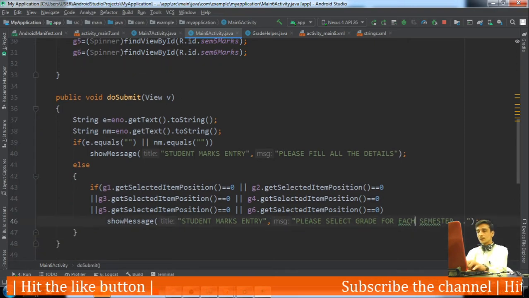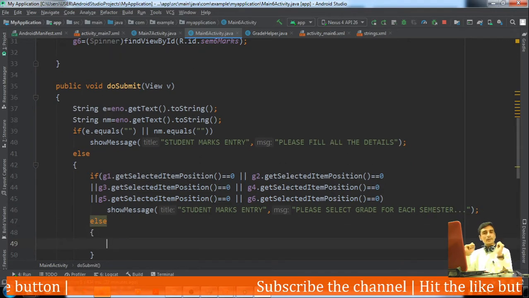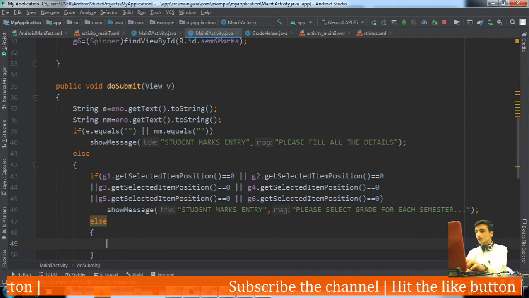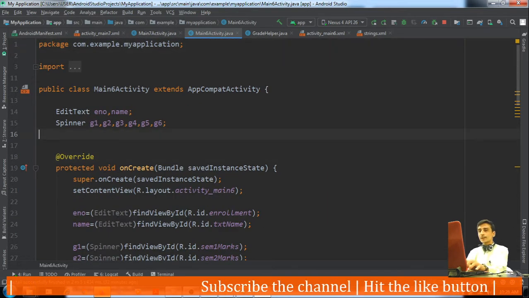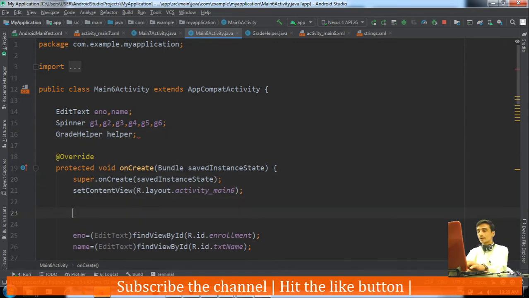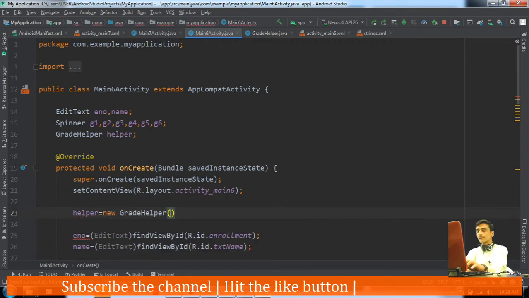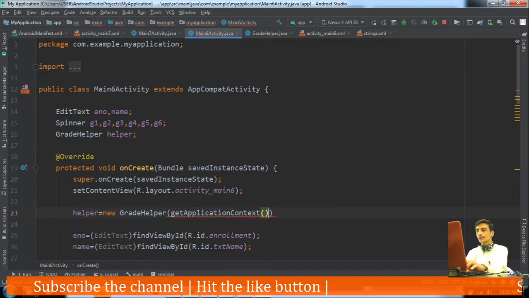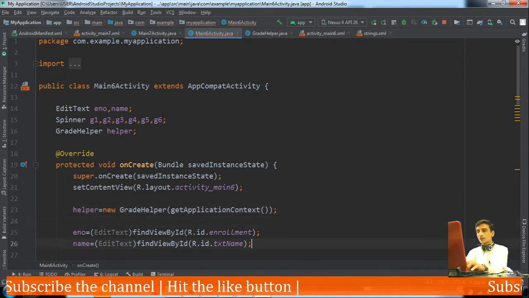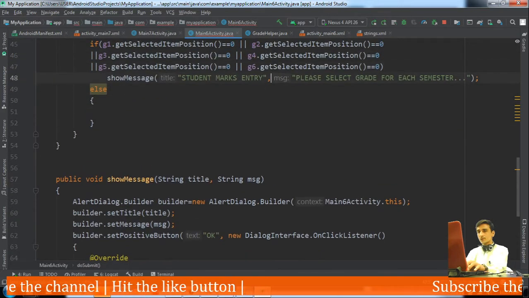Okay, and in the else part of this we would insert the record, and for inserting the record we need an object of GradeHelper, that is SQLiteOpenHelper. We would define it here, helper equal to new GradeHelper with argument getApplicationContext, because we are receiving a context there.